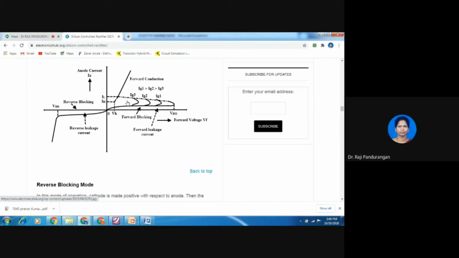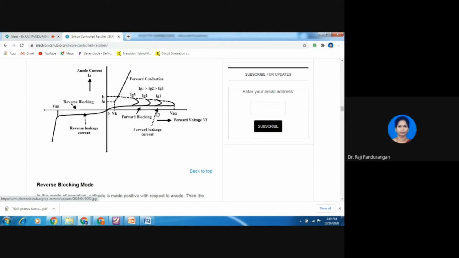Otherwise, if you make IG vary in any way, it just goes there and again returns to forward bias only. So it is still in continuous working. If the current is IL, it comes to this position and again comes back to forward bias here. Is it clear? Unless you make the anode current below IH, the device will be in the on condition only. That's what the graph indicates this many times here, to show that it regains conduction mode.